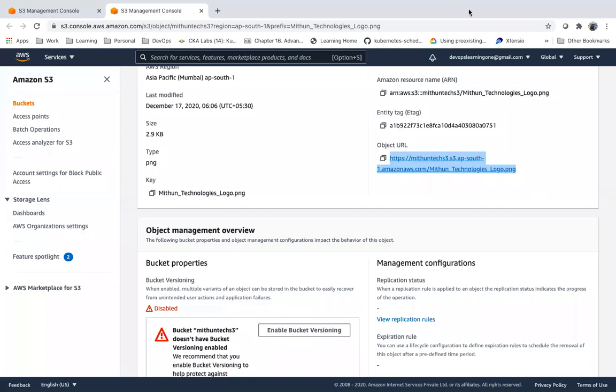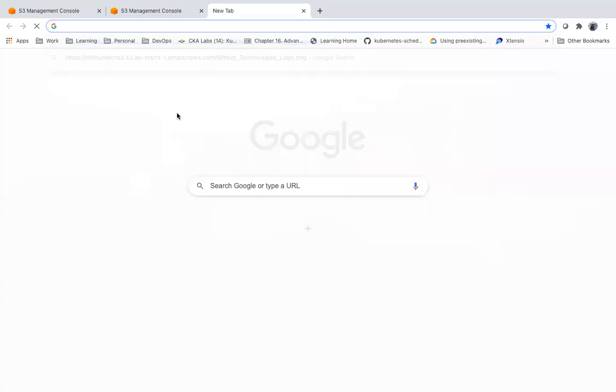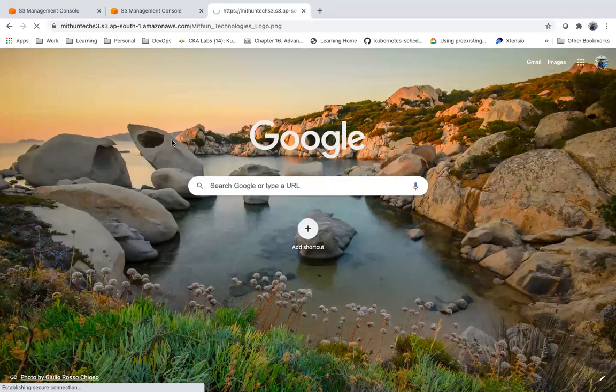Now by default, these objects are not accessible for anyone. Now I have shared the URL. If you see, we will not be able to access it. Even though you know the endpoint, you will not be able to access.